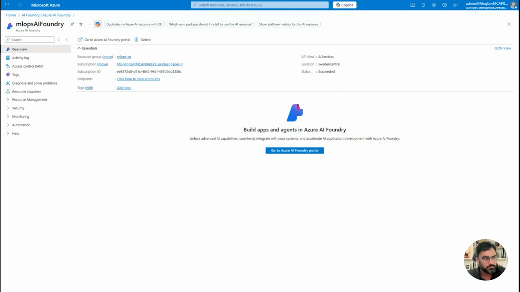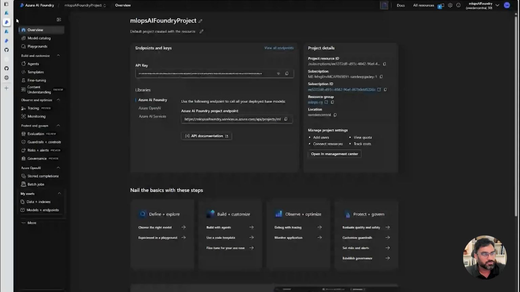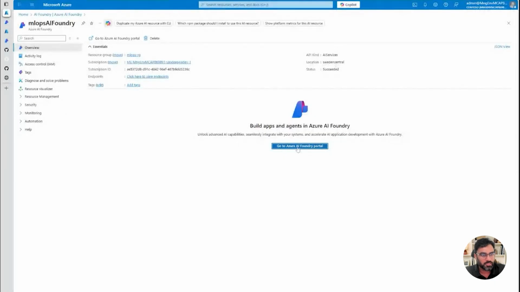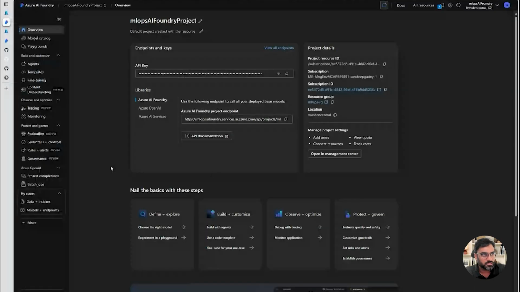How you will be charged is basically by tokens, depending on the model and how many tokens you are using. Once you go here and click on go to Azure Foundry portal, this will take you to the Azure Foundry portal, right? This is where you'll see the endpoints and different other capabilities that we are offering, right?